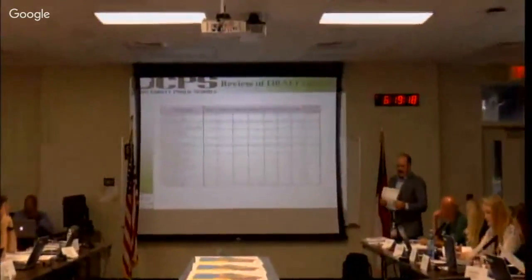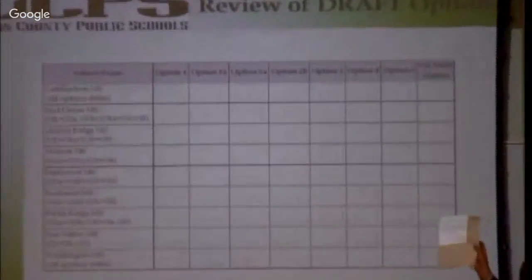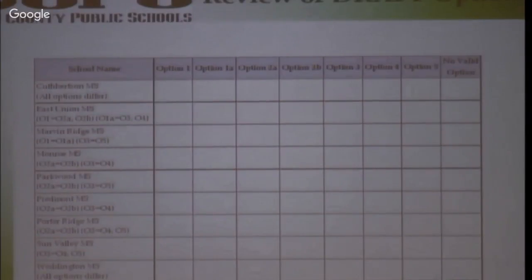And as you continue to do this, you have the notes page here. So please put any notes in here on information that you feel is pertinent that you can share with me, and that has been helpful. It was helpful last time. Do you guys have any questions about the school by school exercise? So you're going to go through each school and just put an X by the one you think is best, and then I'm going to collect that information and I'll report that back to you and see what it brings us. Okay?